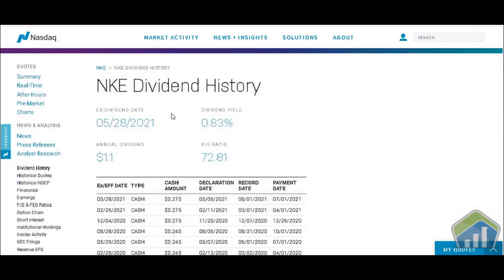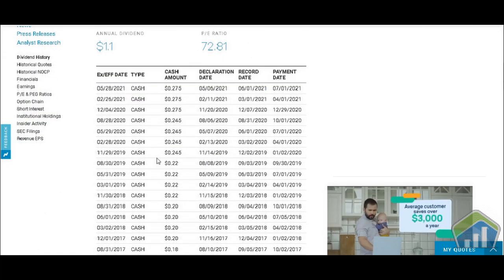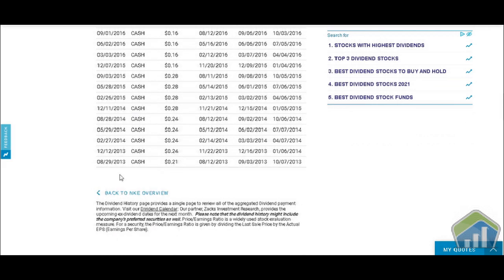or positive 15.53%. We're going to scroll down and take a look at the ex-dividend date, which was May 28th, 2021. Dividend yield is 0.83%, and the annual dividend is $1.10. The PE ratio is 72.81. And then as we scroll down, we like to actually show you guys that they've been paying out their dividends, right? We're going to scroll all the way down to the bottom, and we have August 29th, 2013 at